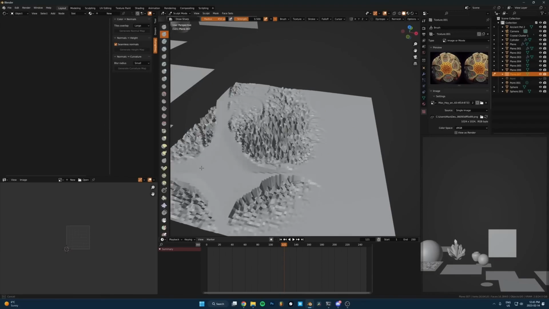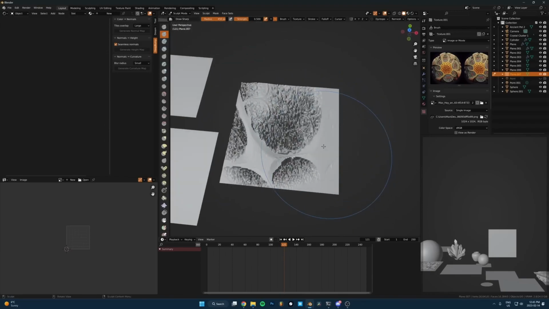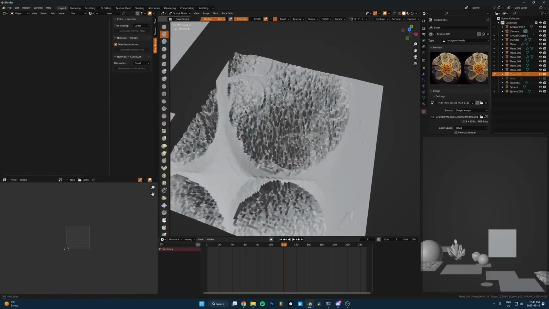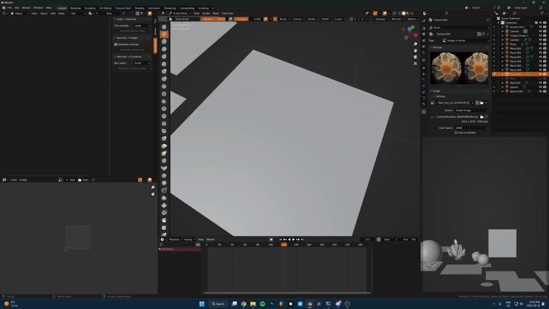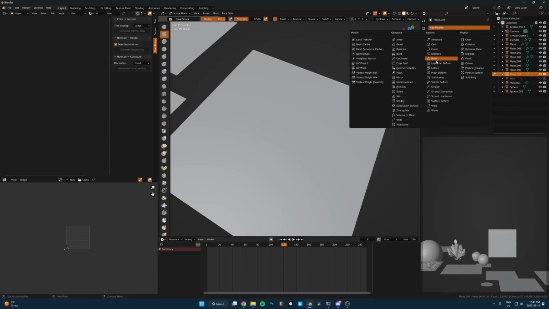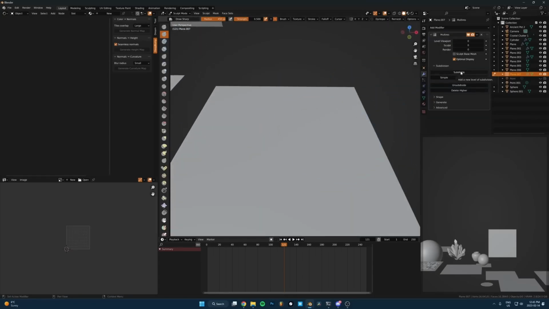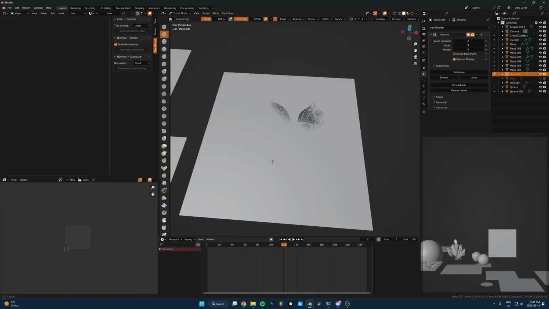And you can see it's now putting it on there, but the two problems are it's tiling weird and it's also just not high enough resolution. So let's use a multi-resolution modifier, which seems to just be better and faster in sculpt mode than just more subdivisions. I think that's what it does. So let's go maybe 4 subdivisions. So now it's working, but